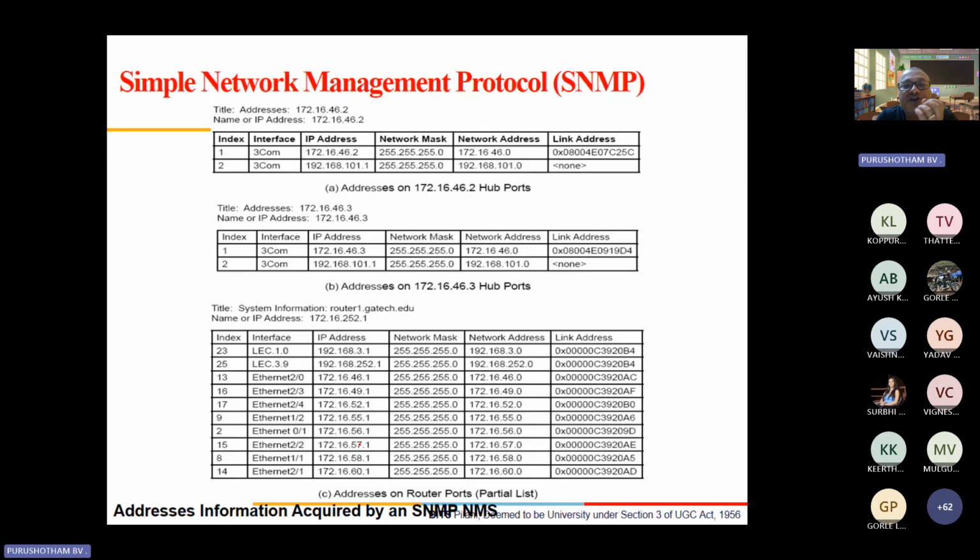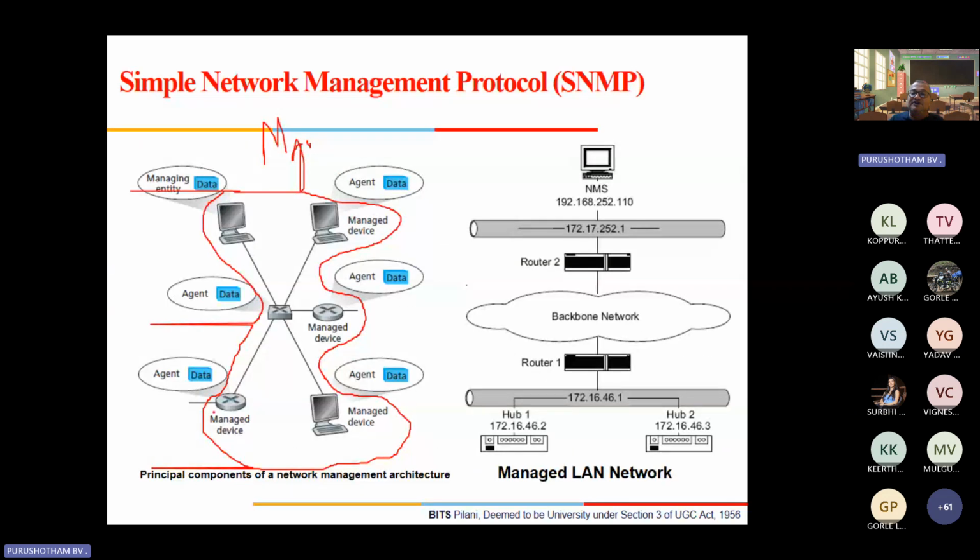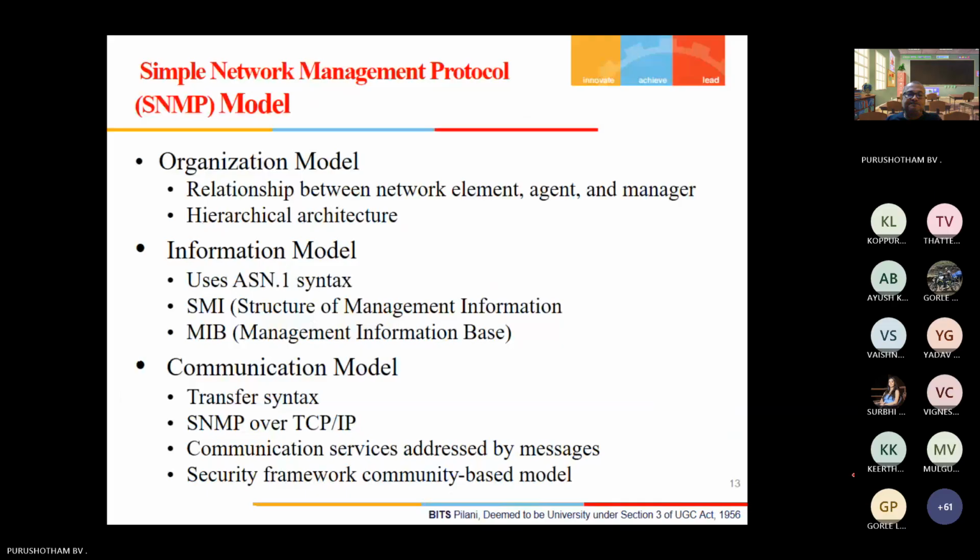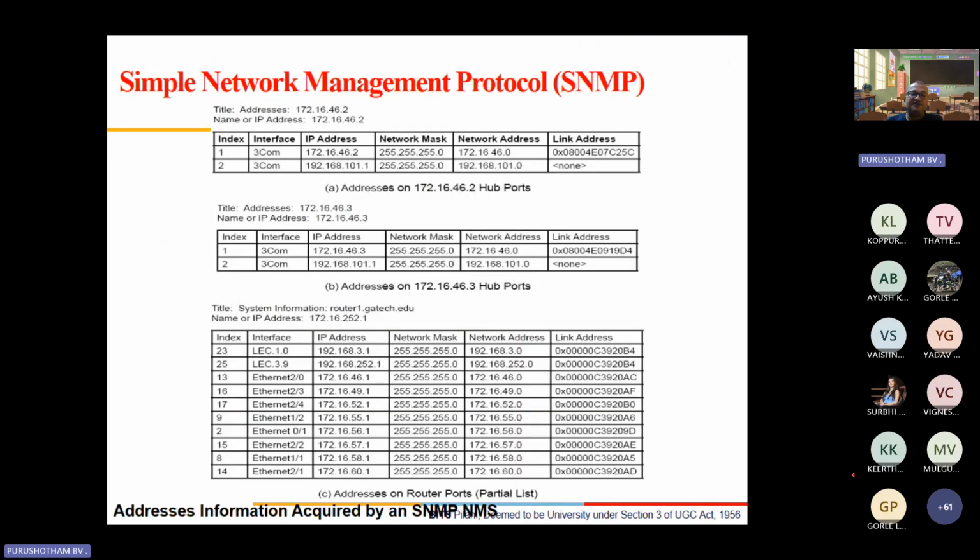Okay. So different ports on which it is going to be used. So logical link address will be there, that we call the MAC address. Then followed by the interface IP addresses, network mask, network IP address, all these details are there. So where will it be stored? It will be part of the network management system, SNMP. There is a manager, no? So this is what we said, right? 192.168.1.0 will have this information.